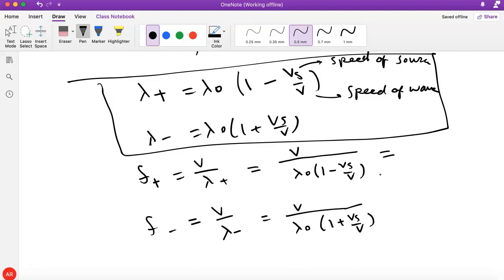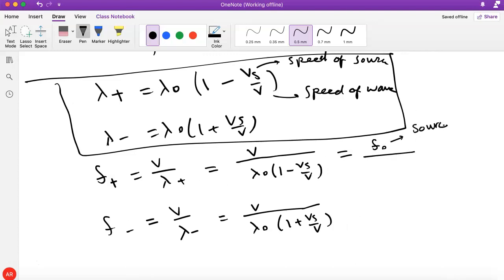So that source, if it were stationary, would generate a wavelength lambda naught when the speed of propagation is V. So that's just f naught, the source frequency. Here we get 1 minus Vs over V. Here we get 1 plus Vs over V. All right. So that was an elementary derivation